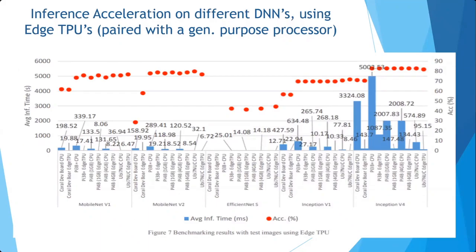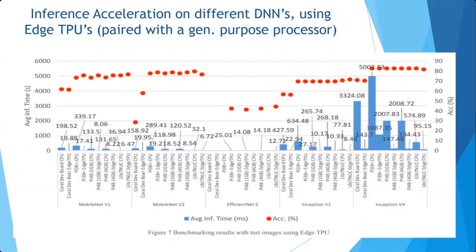I have a graph here that illustrates the advantages of moving to an edge TPU setup. You can see on the bottom, we have MobileNet V1, MobileNet V2. These are deep neural networks. If we were to take these deep neural networks, you can take the same 8 general processors, and you can see how well they perform with the edge compute unit paired with it. So you can see the baseline performance of inference without the